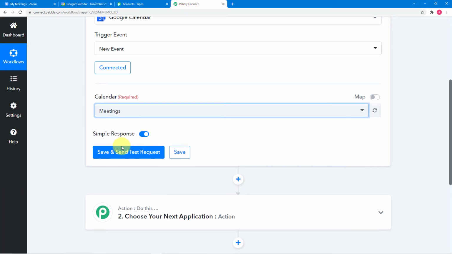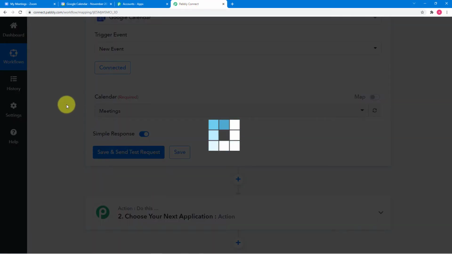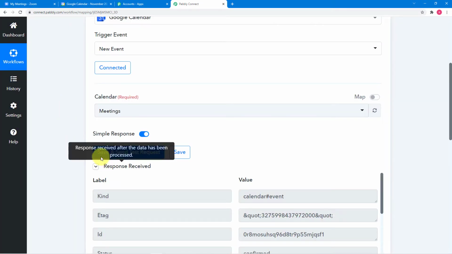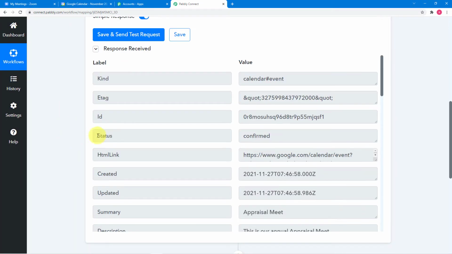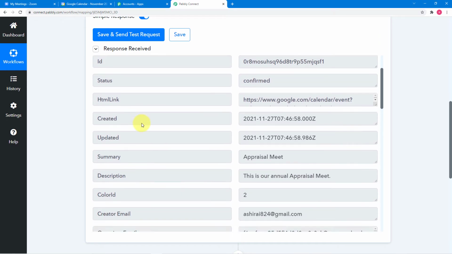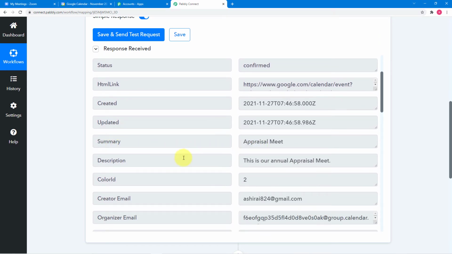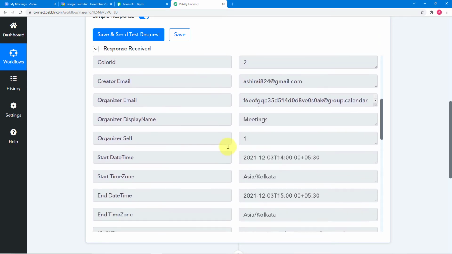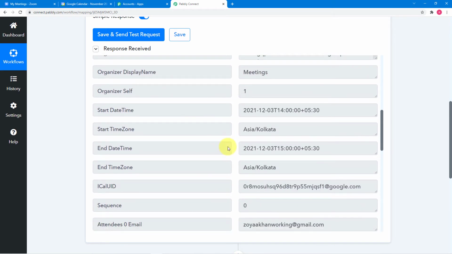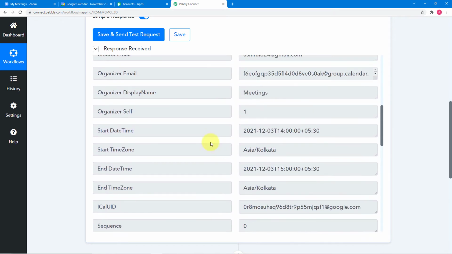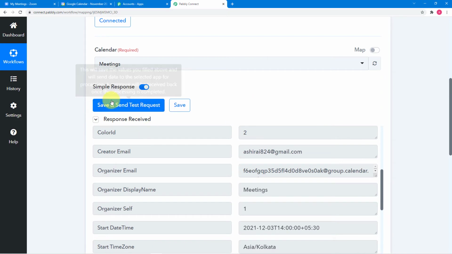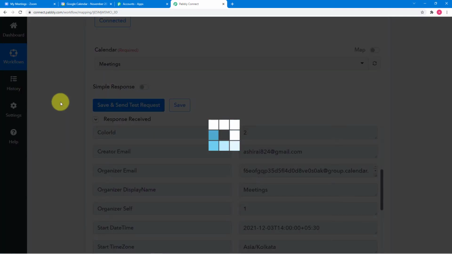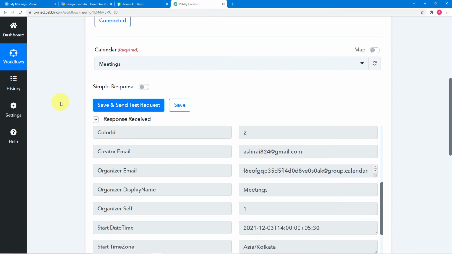Now let's capture the data of this meeting created in Pabbly Connect by clicking on save and send test request. Okay, so you can see the data is captured here like this, and the summary is this appraisal meet. This is the description. Okay, so I forgot to tell you one thing. Before clicking on save and send test request, we have to toggle this simple response button to off. I'll tell you why we are doing this. Then click on save and send test request again.